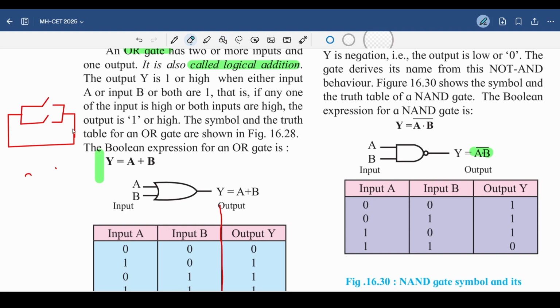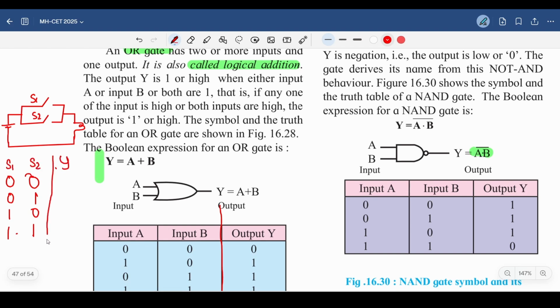So imagine there's a battery connected over here, and there's a bulb over here. This is switch 1 and this is switch 2, right? So since there are two switches, there are going to be four combinations. What will be the four combinations? 0 0, that means both the switches off. 0 1, that means one switch is off and the other switch is on. 1 0, when S1 is on, S2 is off, and then both the switches on. So this is S1, this is S2, and let's say our output is Y.